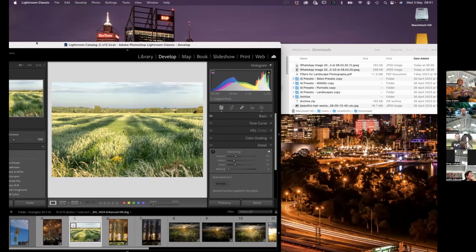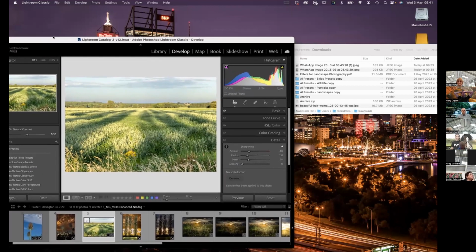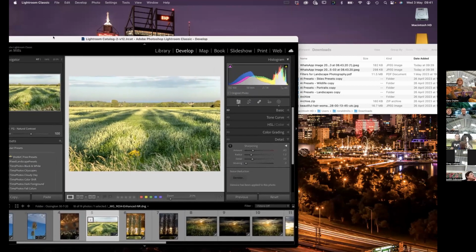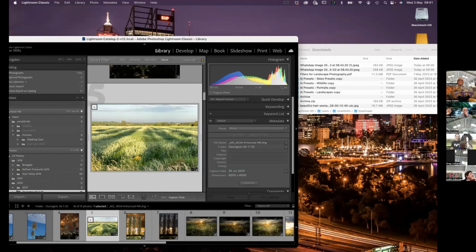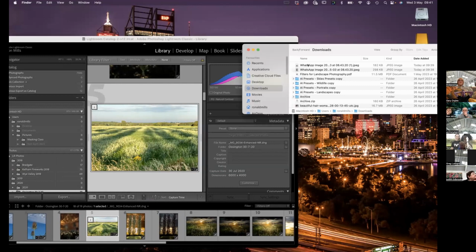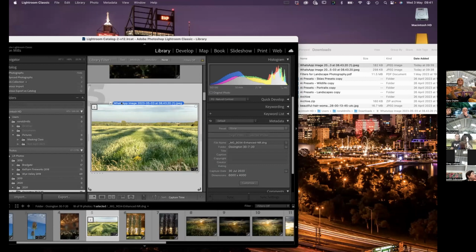And just to show you, if you don't know how to download, there's two ways you can do this. We can go to Lightroom, click downloads and open it that way. But rather than do that, if Ron grabs the top image, in fact, you can get both of them, Ron, or just grab one image, click on it, and drag it into Lightroom. So it's in the middle. Just drag it to the left now. Right, now it's saying add. So if you let go now,